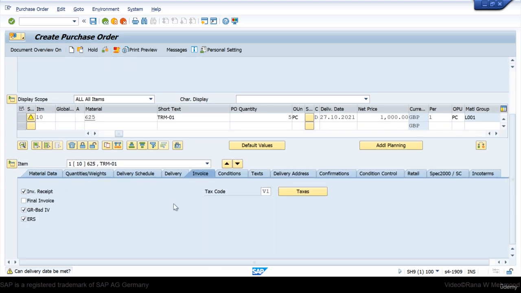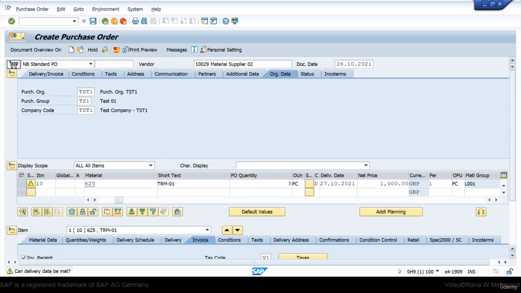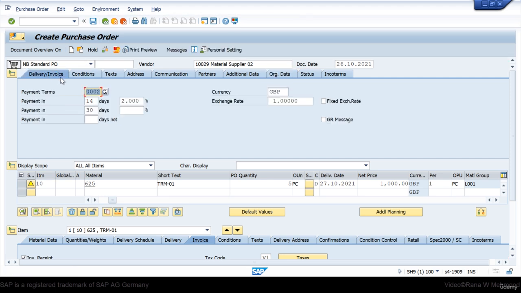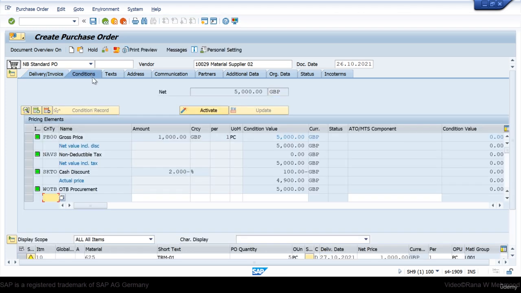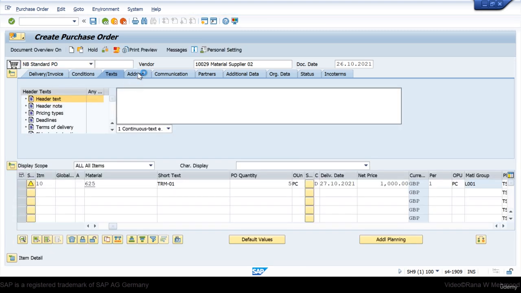So this is the information at header level of the purchase order. As you can see, organization data, delivery or invoice. Delivery and invoice, it contains the payment terms information. Where we enter this information, I will show you. And conditions, what is condition? That's what I will demonstrate to you in this course. And text, address,